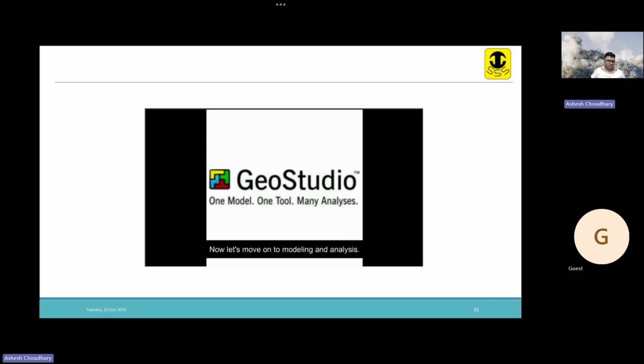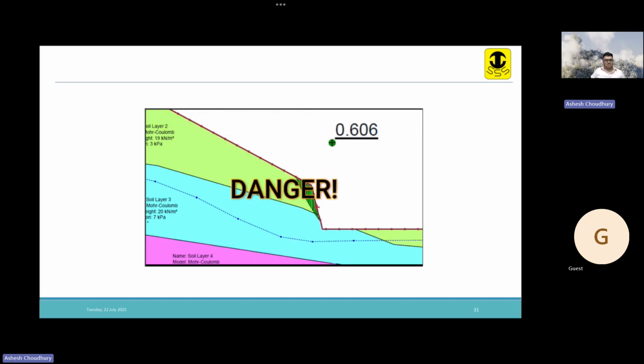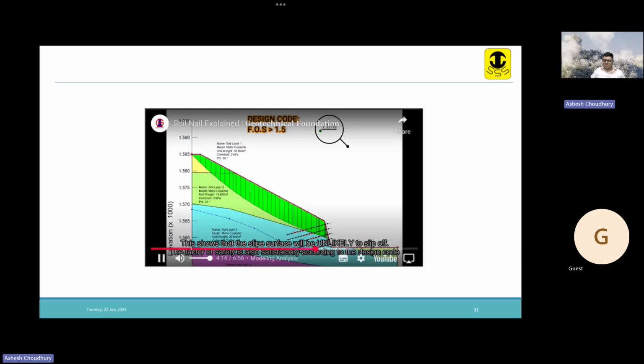Now let's move on to modeling and analysis. The model shows a slope that is without reinforcement. According to the slope stability analysis software, the factor of safety of the critical slip surface is 0.606, which is actually lower than 1, which means it will be very likely to slip off. After adding soil reinforcement to the slope, the factor of safety for the most critical slip surface is 1.618. This shows that the slip surface will be